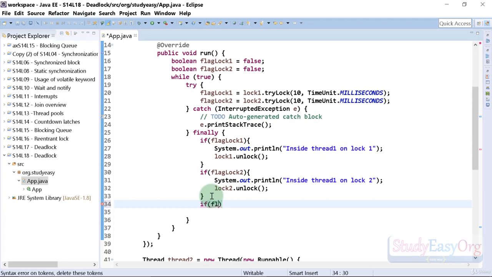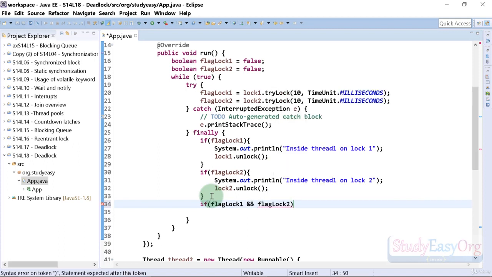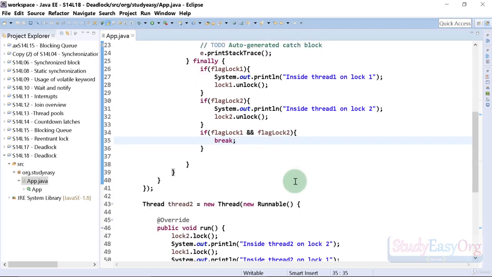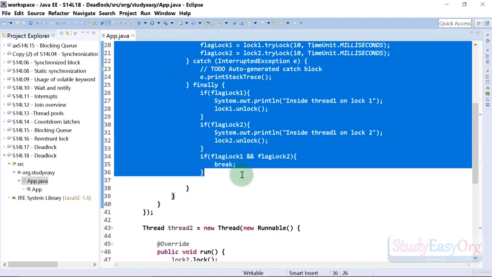So in here it would be like flagLock1 and flagLock2. If both of these conditions are true, then definitely we can break our loop. So this looks good. Definitely there is an issue in here, and we will discuss this issue in a couple of minutes. But first of all, let me copy this exact code